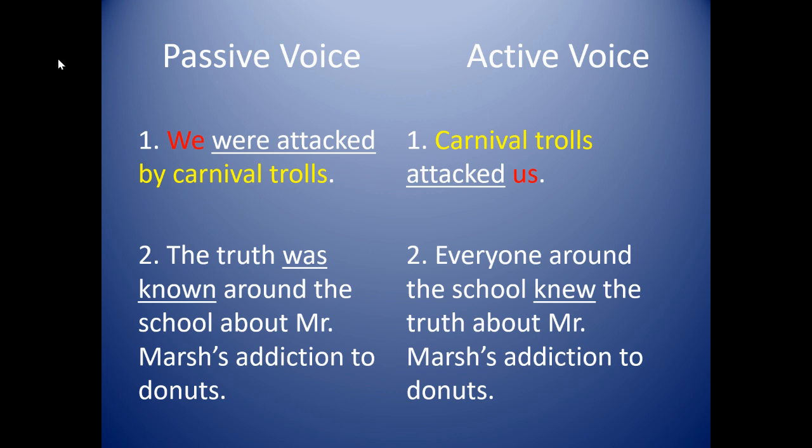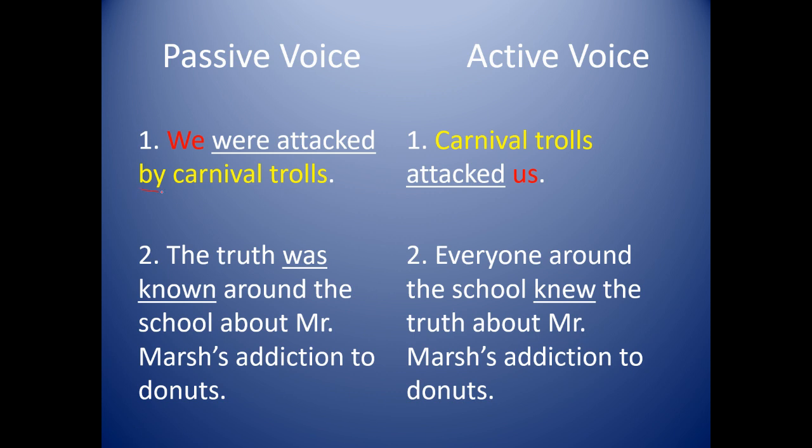Marsh's addiction to donuts. You'll notice once again the verb has changed. It's gone from two words, was known, to one word, knew. And once again, that's going to be very common: when we go from active to passive, we increase it by one, and when you go backwards from passive to active, you lose a verb. What's also unique is that in the passive sentence, the truth got kicked to the back of the sentence, but nothing was really moved to the front. You'll notice when I do something in passive voice, I'll see if I can bring my pen up here for you,